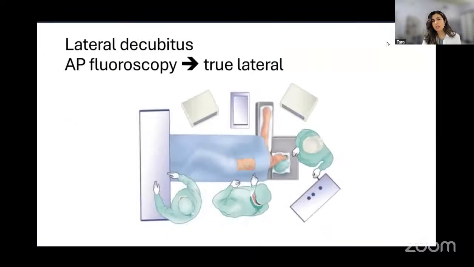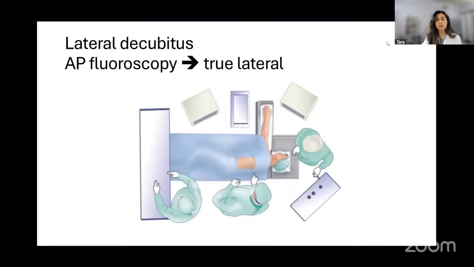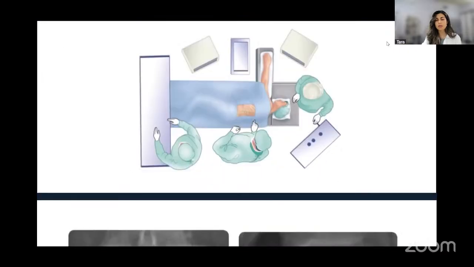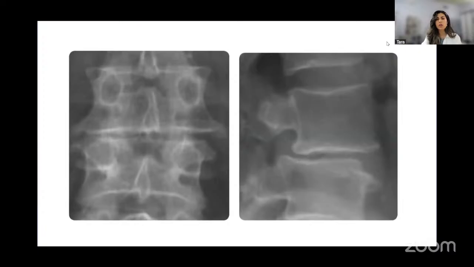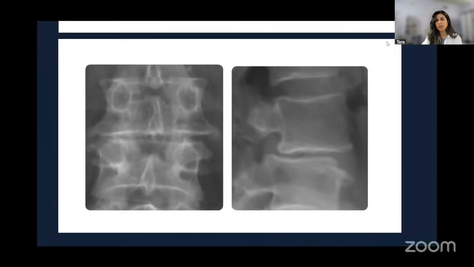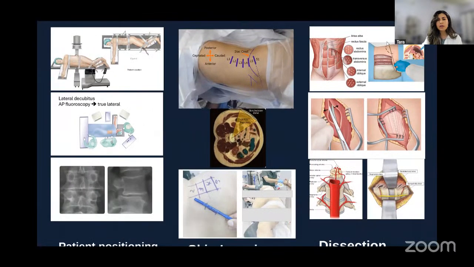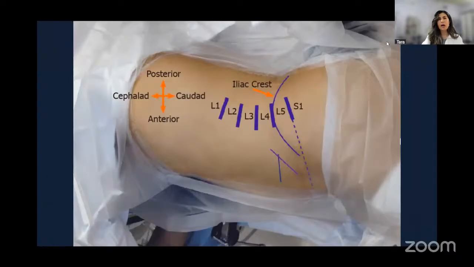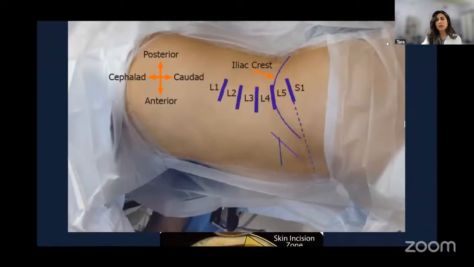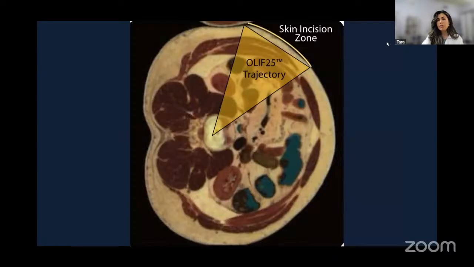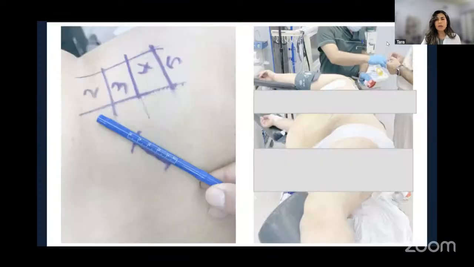The surgeon should make sure that the patient is in the true lateral by doing fluoroscopy, AP and lateral views, to show that the pedicles will be in the same line, no deviation, and the end plates of the vertebrae are in the same line. So this will lead us to the next step, which is marking of the skin incision. Here is a diagram of how to mark each body and each disc of interest. The skin incision zone would be between 4 to 10 cm anterior to the anterior border of the vertebrae, according to the patient's body mass index. And this is all marking.